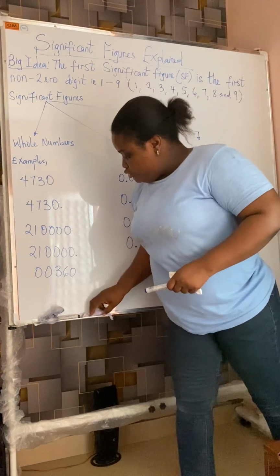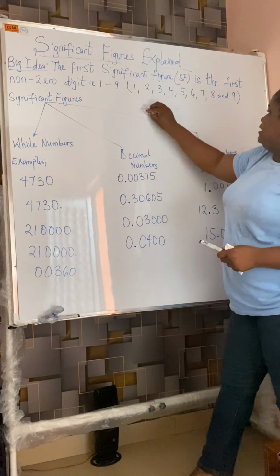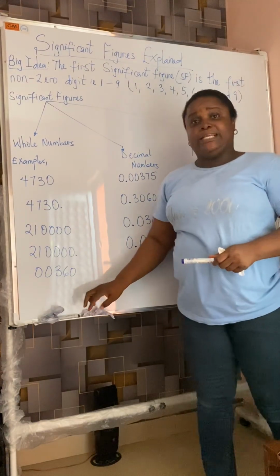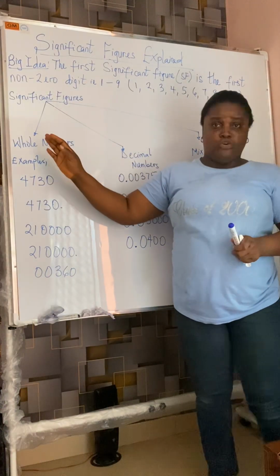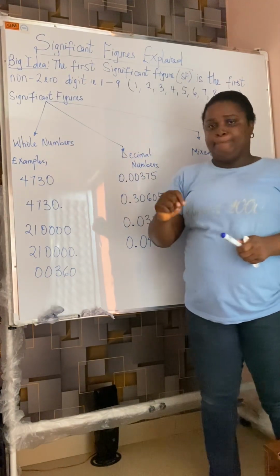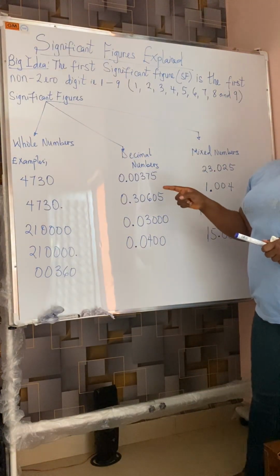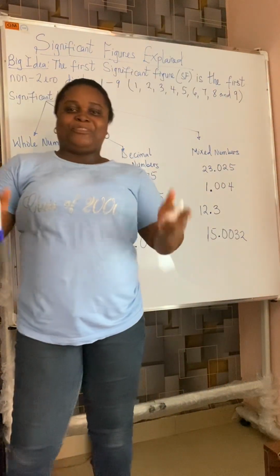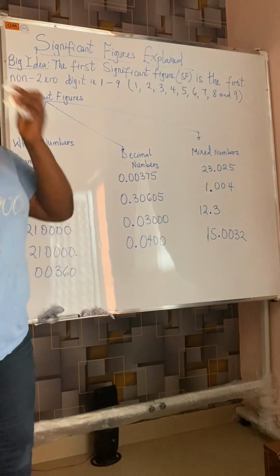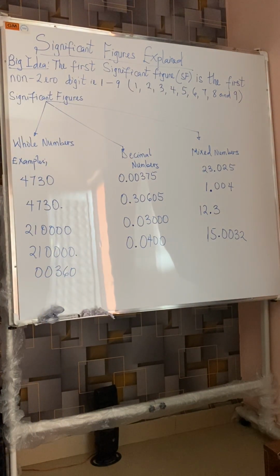All right, so what I want to do with us right now quickly is to help us understand or know just by heart how to identify significant figures for whole numbers, decimal numbers, and mixed numbers. For whole numbers, for decimals, and for mixed numbers. You are given this whole number. Of course, this is a whole number, and this is 4 digits. So if this is the unit, this is tens, this is 100, and this is 1000. So this is